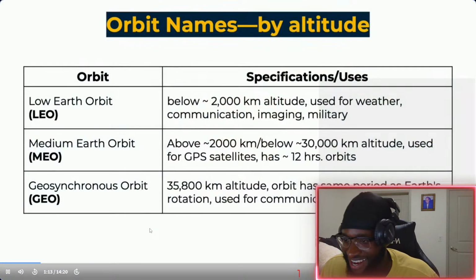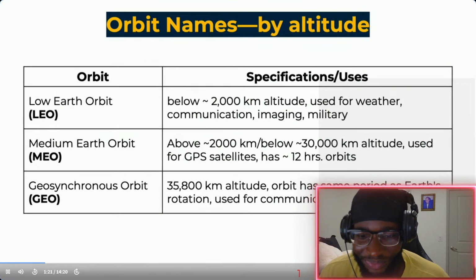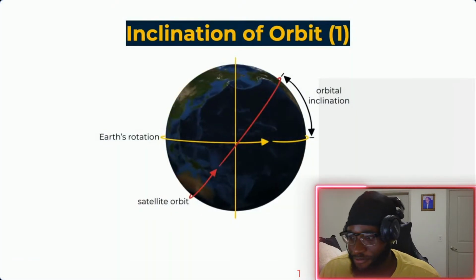Over the same longitude every day, which is an important and interesting feature of the orbits. Then the next one, you go out even further and you're at geosynchronous orbits. And geosynchronous orbits are around 35,000 kilometers altitude. They're mostly used for communication satellites and weather satellites. One of the primary important things about an